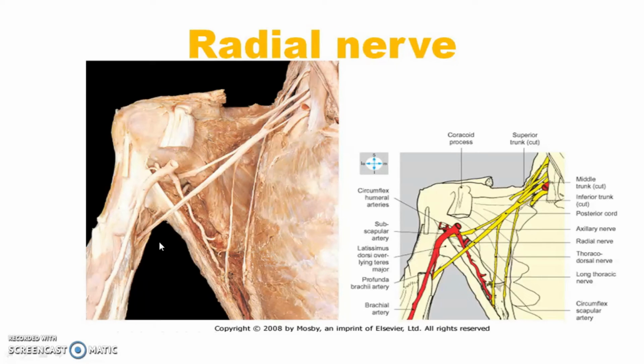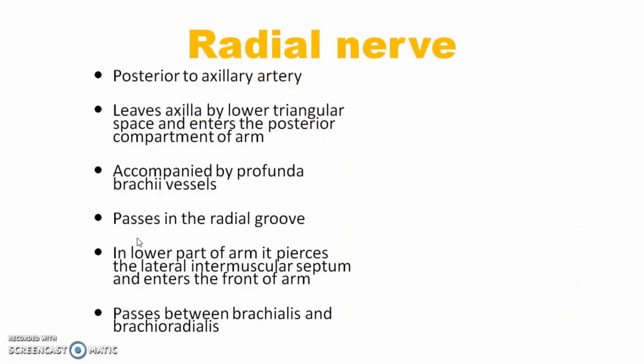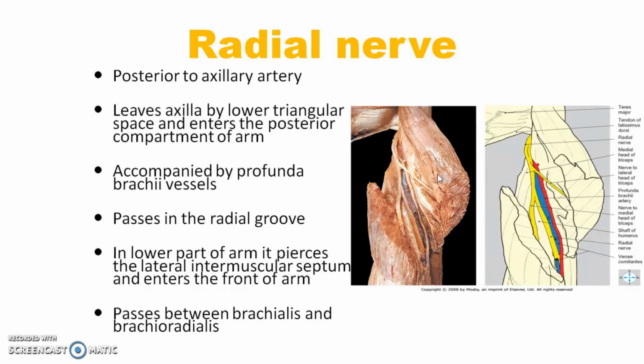In this cadaveric view also you can see clearly the profunda brachii and radial nerve, which are going to pass through the radial groove. And in this image you can see the spiral groove area. In the first image you can see from anterior to posterior how it is going. In the posterior aspect you can make out the spiral groove where the triceps is removed. Then you can make out the spiral groove where we will be having this nerve and the artery. So this is the radial nerve and this is the profunda brachii artery, passing together.